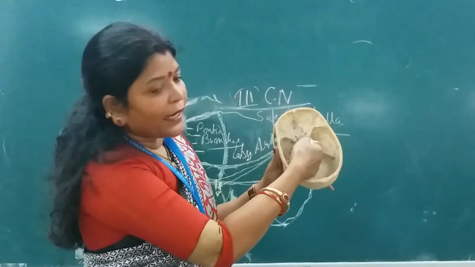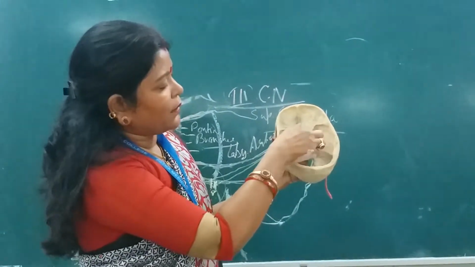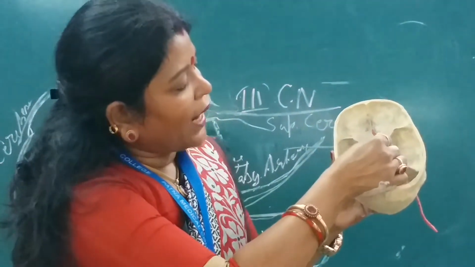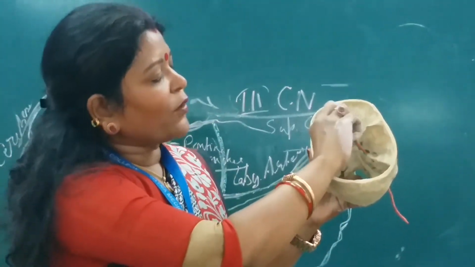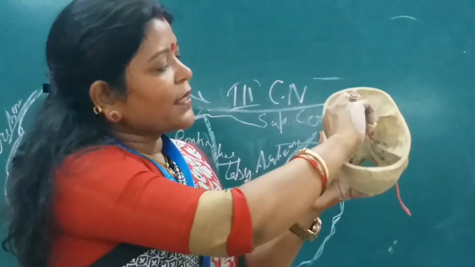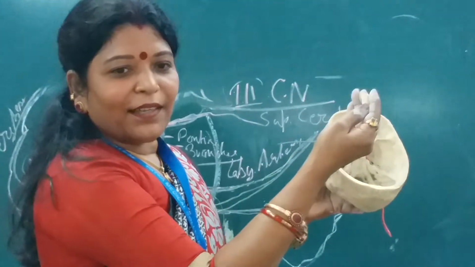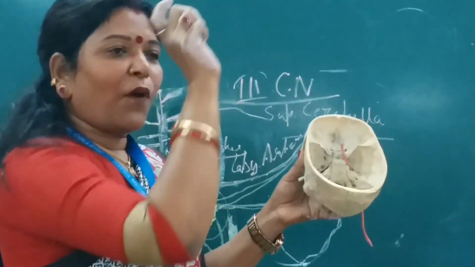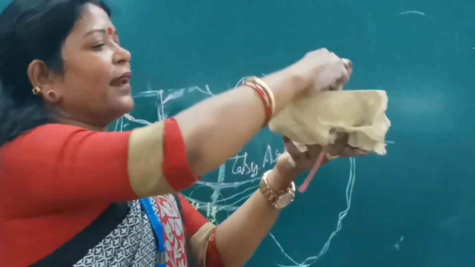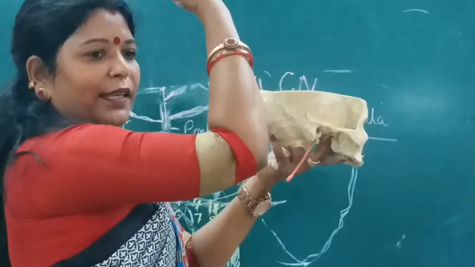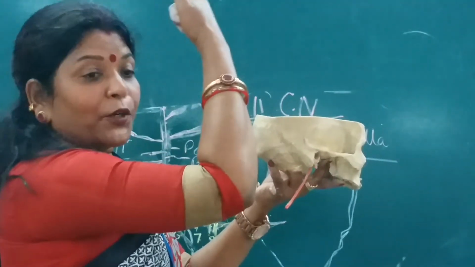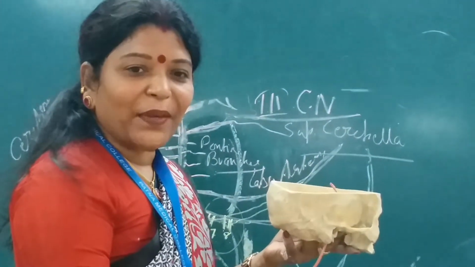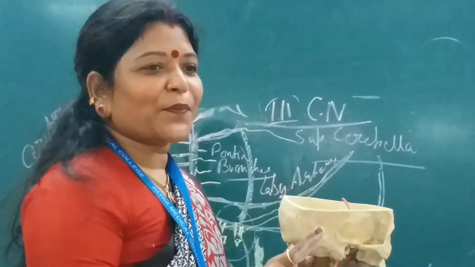After piercing the roof of the cavernous sinus, this internal carotid artery comes out and comes where? This is the anterior clinoid process, just medial to that. Look here. This is the anterior clinoid process, and this artery, the internal carotid artery, after piercing the roof of the cavernous sinus, will come out and lie medial to that, and it will take a bend like this, anteroposteriorly here, after piercing the dura and arachnoid. Why? Because again it has to come into which space? In the subarachnoid space, isn't it?